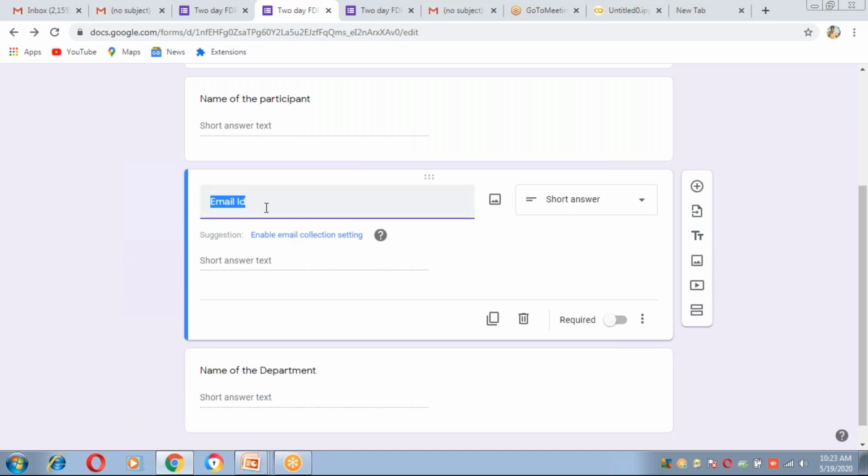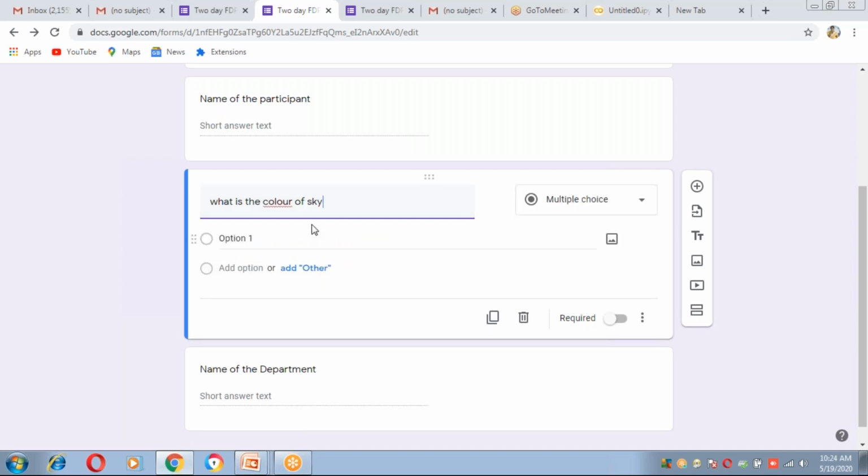Here we can give the questions, which are common to all, just for reference. Very simple: what is the color of the sky?